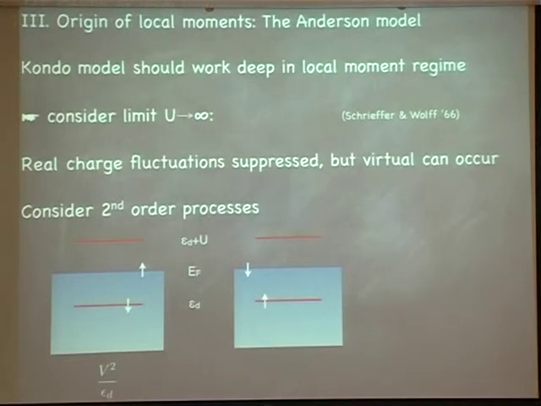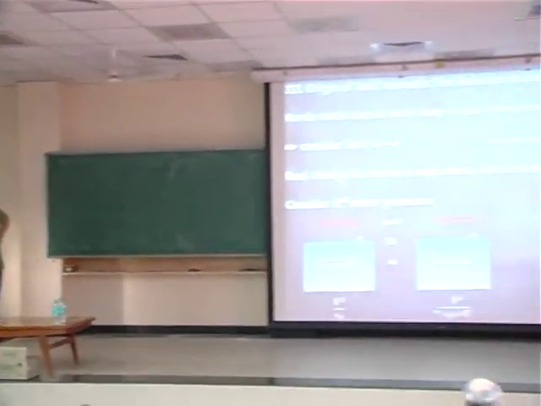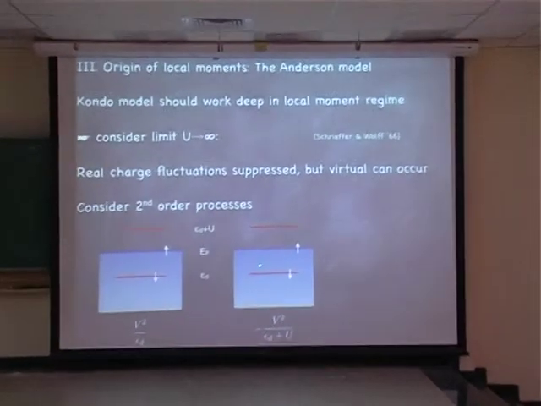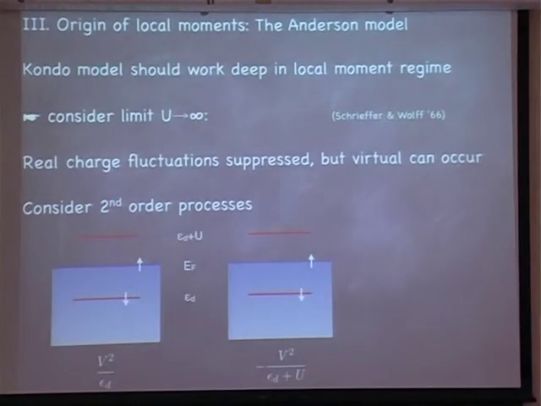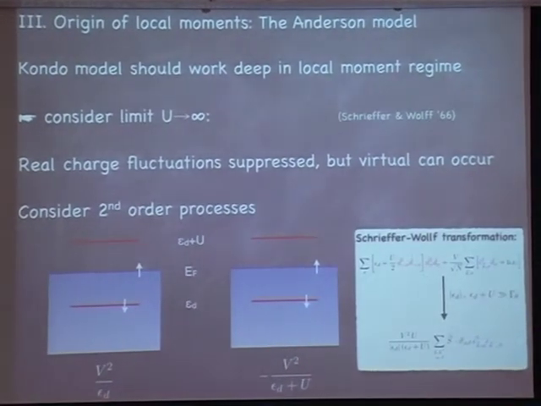Okay, now take a look. You see that this goes up, and then actually this guy comes down, and this goes into the band. But this means, remember, the down electron was sitting there, the up electron was sitting there in the intermediate state. So you have to remove that electron from the impurity, going around once and then going down. But going around means you acquire a minus sign. Again, it's V squared. Now the intermediate energy was epsilon d plus U, but you acquire a minus sign here. That's very important. And then you add those two things together.